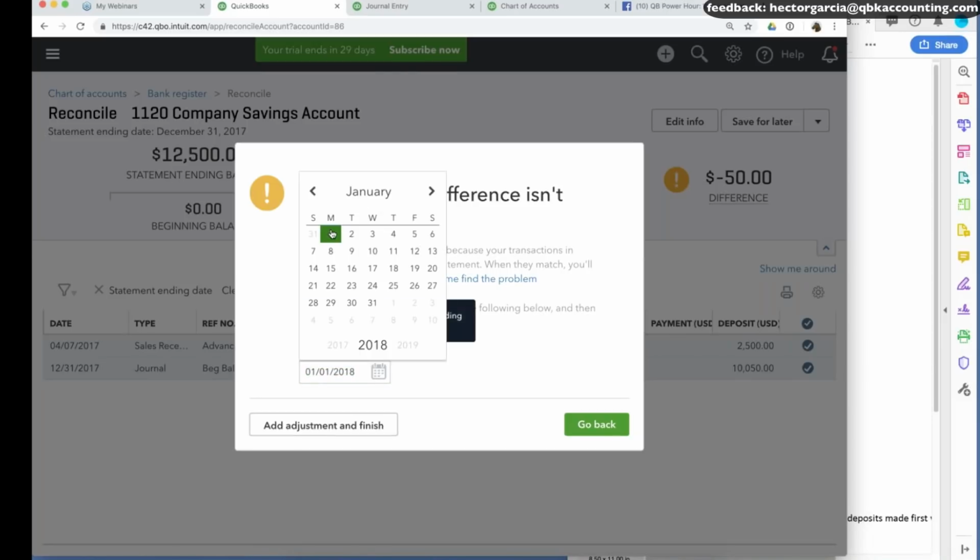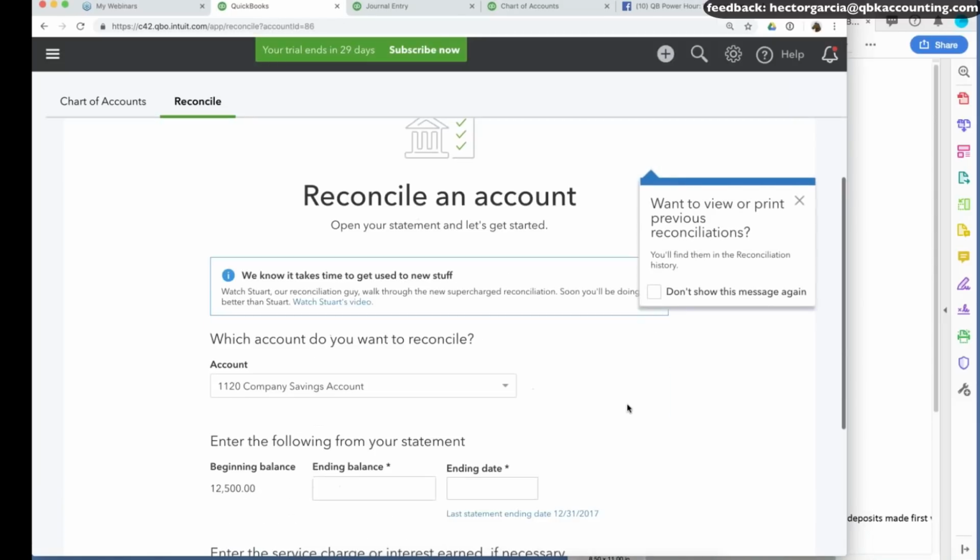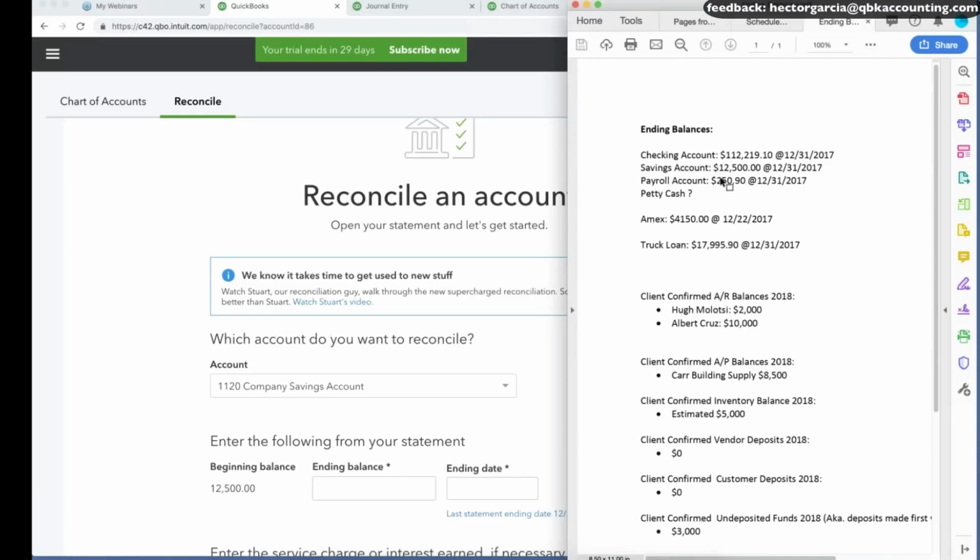I don't know why it's not letting me. I'll roll this back to December 31st, and then I'll change it afterwards. So let's roll that back. Hit done. And then the next one's going to be our payroll accounts, which is